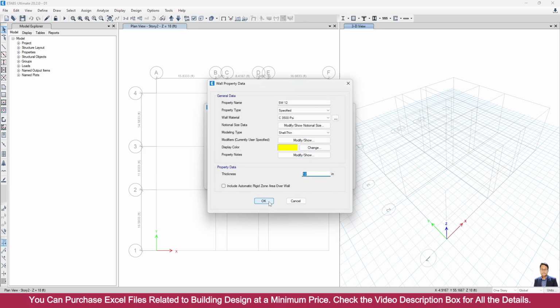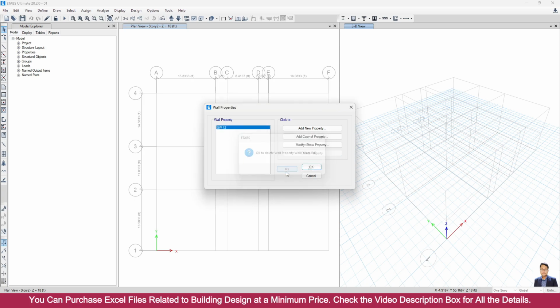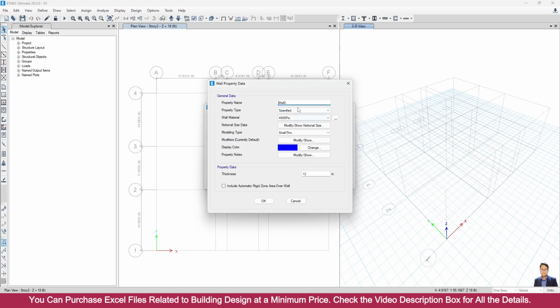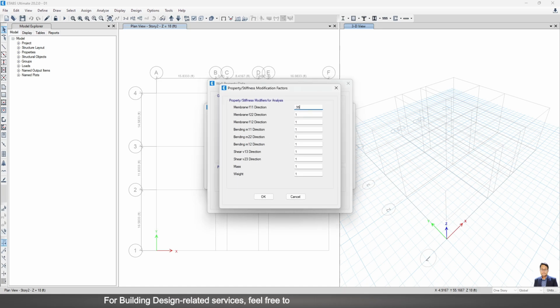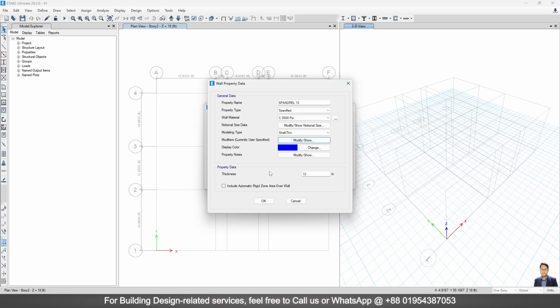Shear wall 12 inches, click on OK. Delete this one. Add copy of add new property. Suppose here if you are interested to define a spandrel, suppose spandrel 12 inches, in that case we will use here 0.35. That means for spandrel beam we are considering cracked section, but for the pier we are not considering the cracked section. Again I am telling, you can consider all the shear walls as cracked or all the shear walls as uncracked, or you can do like what I am doing. We have already defined a spandrel and